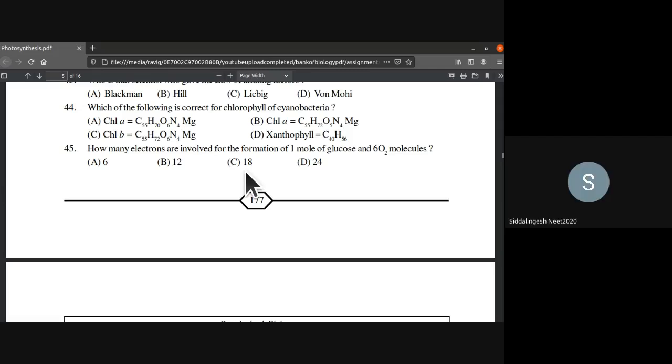Sir, 12 electrons. Hmm? In the overall reaction, sir, 6 moles of CO2 and 12 moles of H2O, no, sir. No, how many electrons are involved, they are asking only about electrons. Sir, 1 mole of H2O is divided into 2 electrons, sir. Does 1 mole of glucose formation need 2 electrons? No, look in one Calvin cycle. No, sir. Where does the electron flow happen, tell me? Photosystem 2, sir. First.